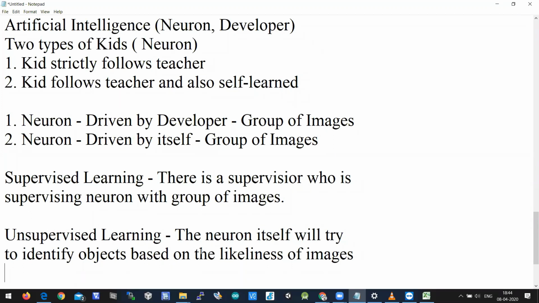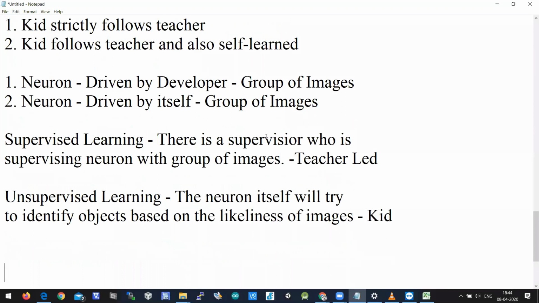When you show 10 different dog images, the neuron will understand that yes, this is one type of object. So that is unsupervised learning. Unsupervised learning by itself will try to identify objects based on the likeness of images, in simple terms. And supervised learning is where a supervisor supervises the neuron with a group of images, which is also one kind of learning mechanism. This is teacher-led training, and this is not teacher-led training. This training is led by the kid.